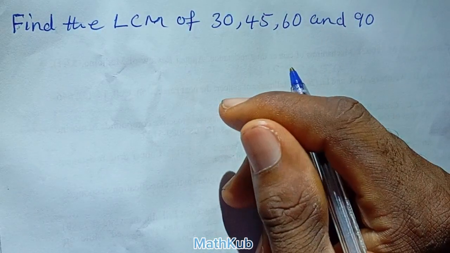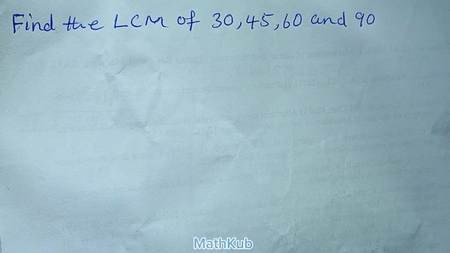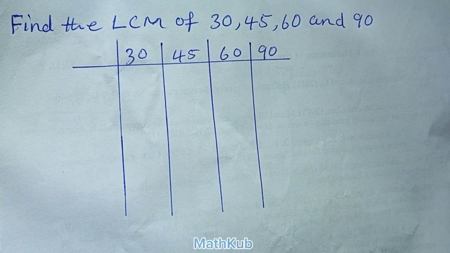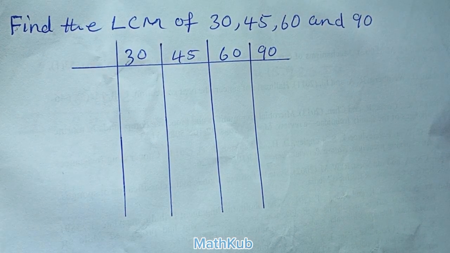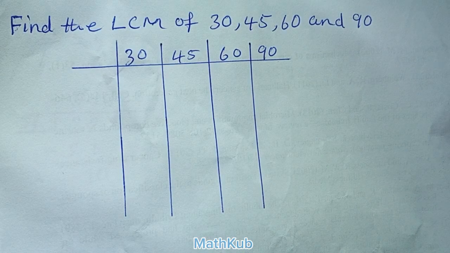Now in this video we are asked to find the LCM of 30, 45, 60 and 90. This is the simplest and easiest method of finding the LCM of these numbers. So what are you going to do first? You look for the smallest prime factor,